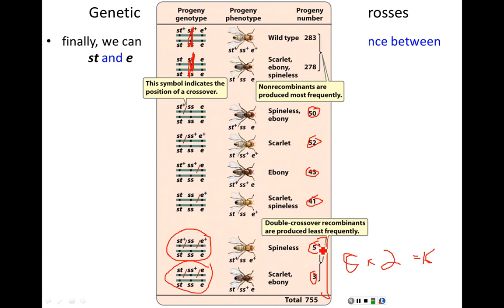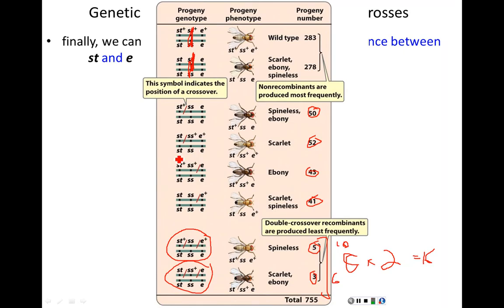This number 5 represents 5 times that we had a double recombination event. So 5 times these 2 recombination events occurred, which means that's 10 total recombination events. This 3 represents 3 times that this double recombination event occurred between S and T. And since that double recombination event occurred between S and T twice for each of those 3 times, that's 6